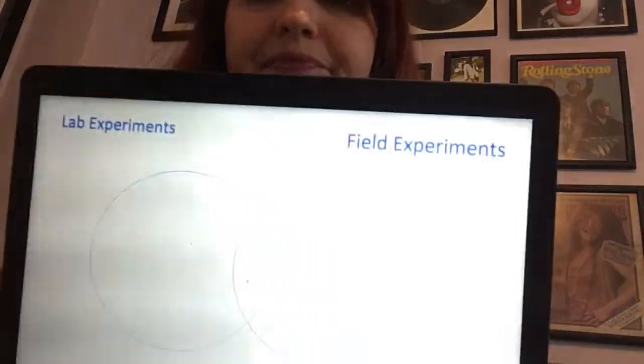Last year, Mr. Smith brought it back in for me, which was a bit embarrassing, but we'll carry on doing it and see what happens next time. So lab experiment done in an artificial situation, field experiment done in a natural environment, but it's really important to remember you do alter something. Okay,